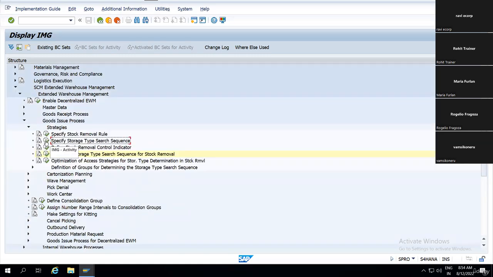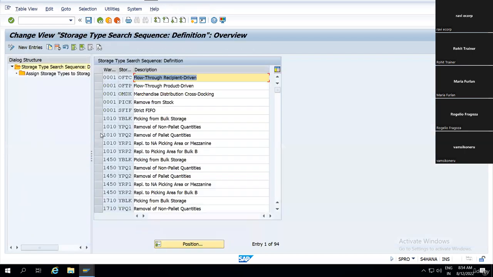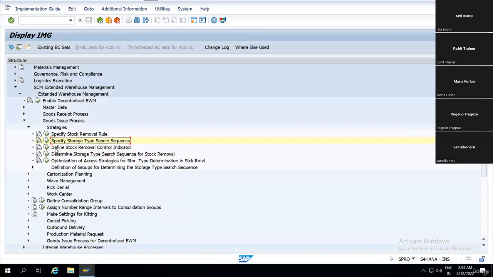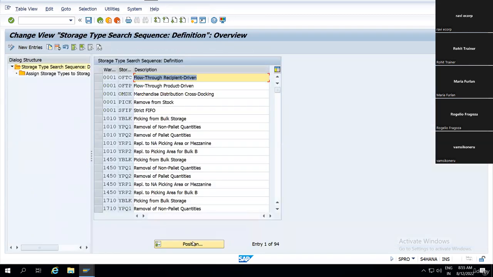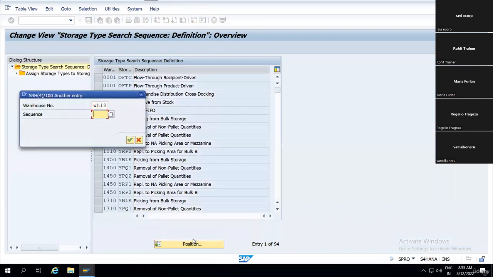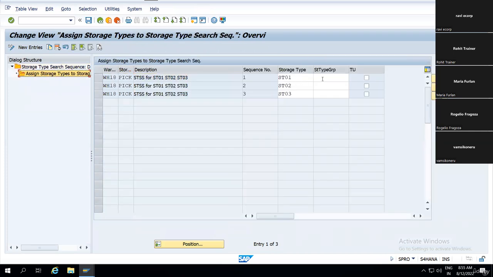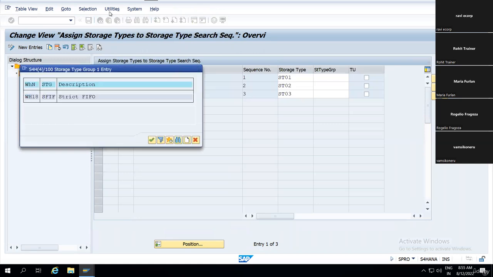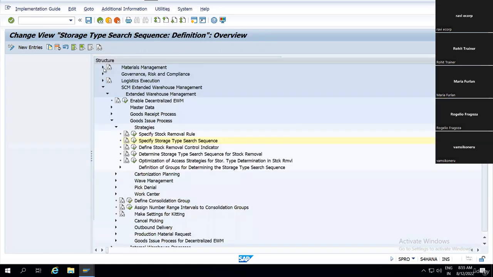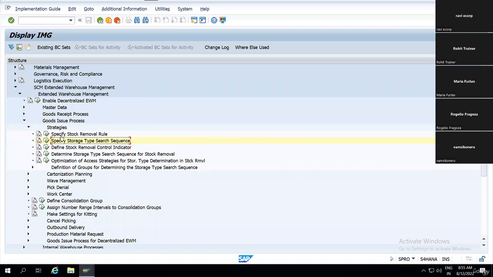Can you show again? Yeah, that one. No, go back. The one below. No, the one below. Yes, this one. Here we have this one, right? I don't think we have anything here. This is some standard. So let's try that. Ideally, I think system shouldn't allow